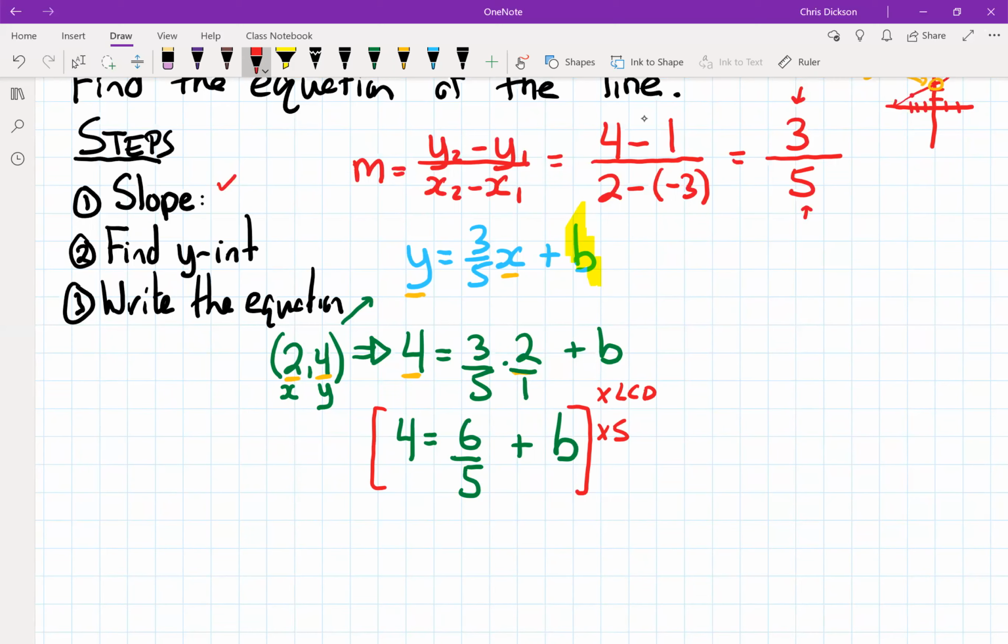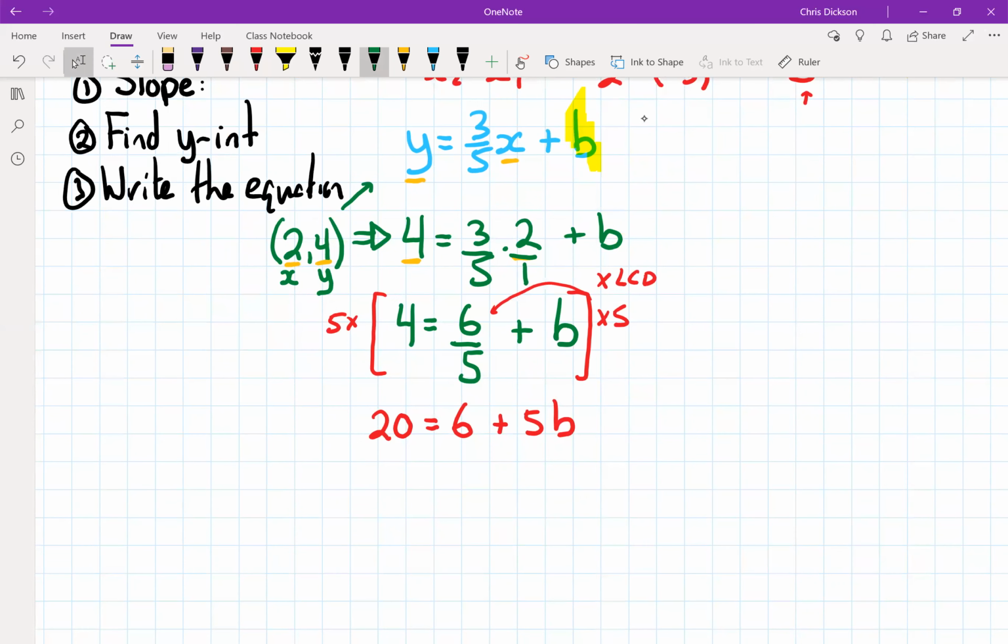So 5 times 4 is 20. And now 5 times 6/5, well, the 5s would cancel, which is why you're doing that, which gives us 6. Or you could say it gives you 30/5, which also gives us 6. And now plus 5b. So if I bring the 6 over, that's going to be,